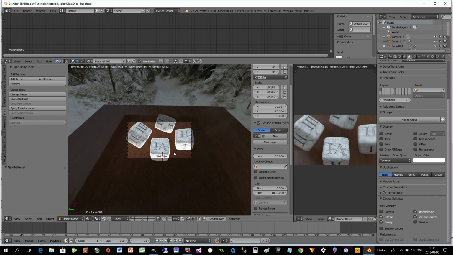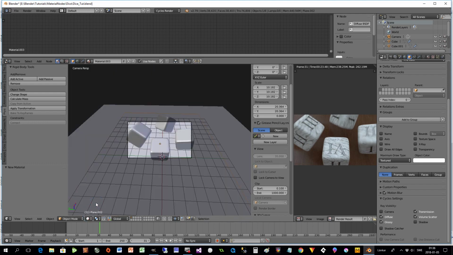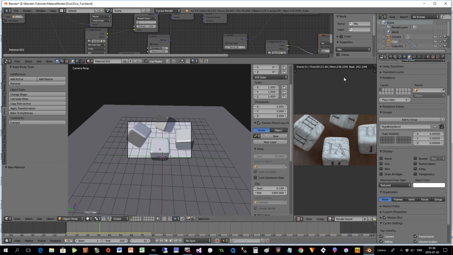The next step we can do is take a closer look at how marble looks, because marble lets some of the light shine through the stone. It has some transparency in it. So what we should do is also change the material of the dice so it will have subsurface scattering. So that is the next thing we do, and we can go to solid and select a die so we